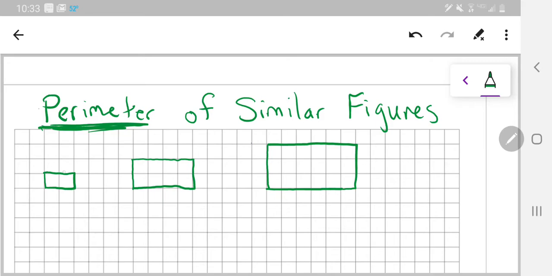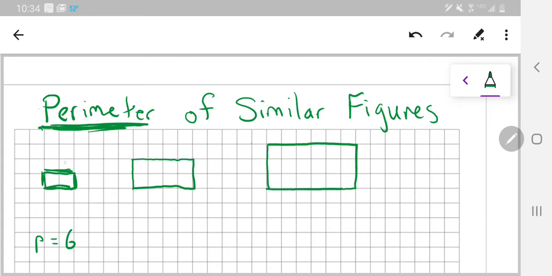Let's look at this smallest rectangle over here and let's count up the perimeter. So we have a side length of 1 and 1 and 2 and 2. So that's a total of 2, 4, 6. So the perimeter equals 6 in this case. All right. So we're going to compare it to the perimeters of the other two shapes and see how